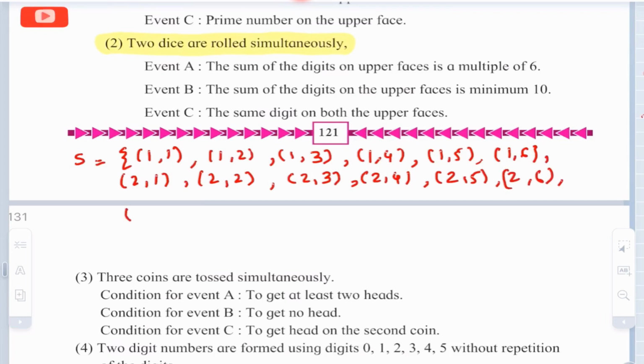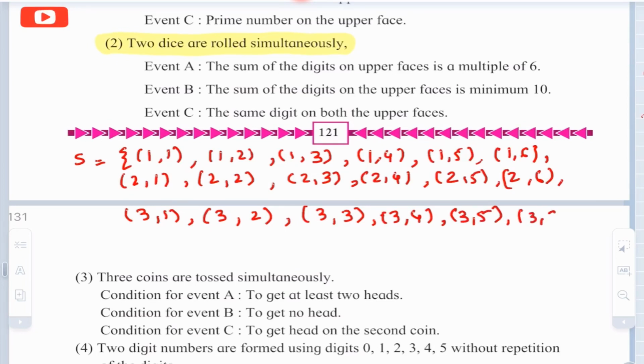Now you may get 3 on the first die, (3,1), that is 3 on the first die, 1 on the second. 3 on the first die, 2 on the second. 3 on the first die, 3 on the second, and so on. So (3,4), (3,5), (3,6). Next, you can get 4 on the first die, 1 on the second. So let us continue similarly. (4,2), (4,3), (4,4), (4,5),